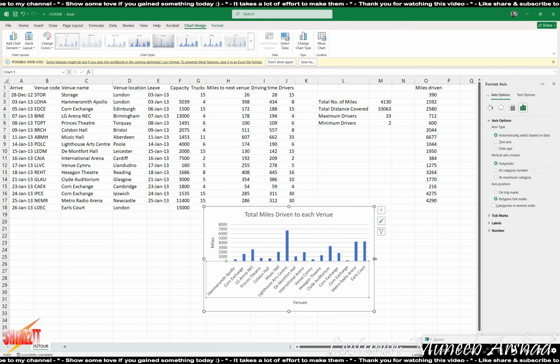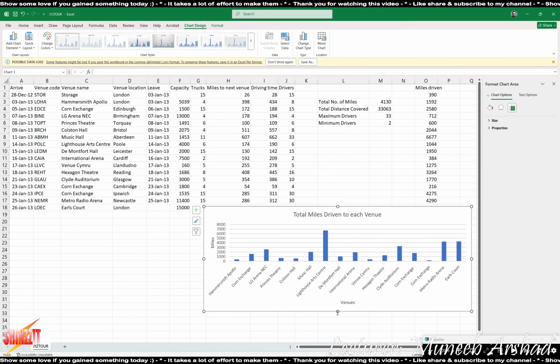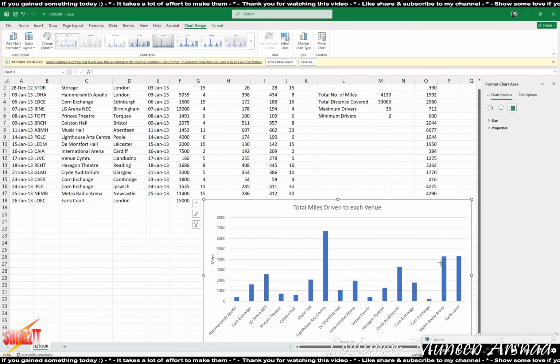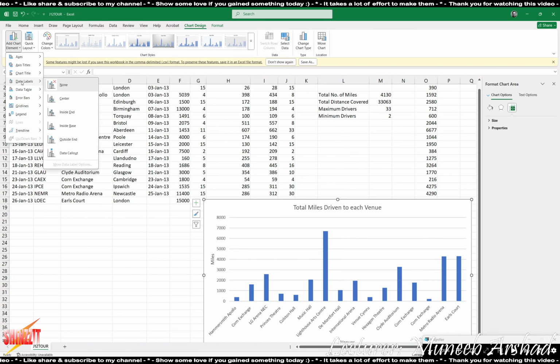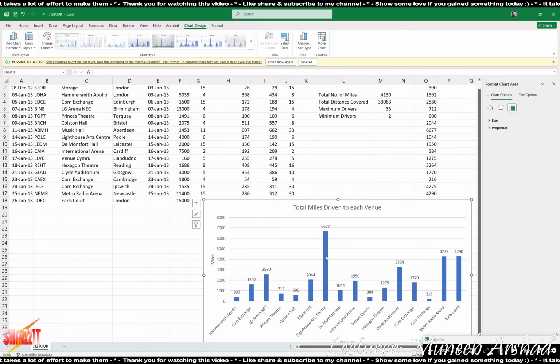You got this? Acha. If you want to further elaborate this chart, let's say you want to have the quantities as well on top of each bar, select your chart, go to the add chart element, click on data labels and click on outside end. I want the data labels to be present outside my bar, on top of my bar. So click on outside end. You have the values presenting it there. Now the chart is